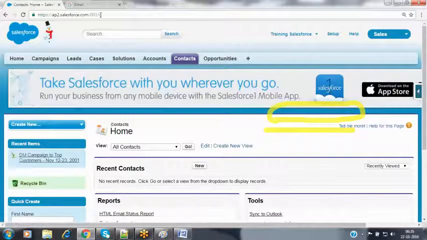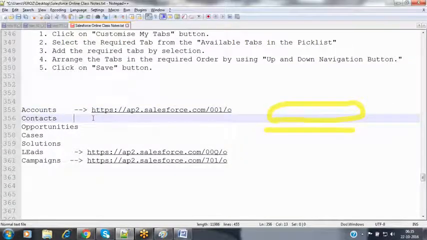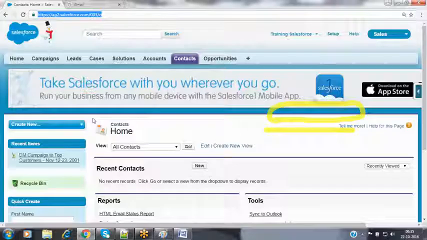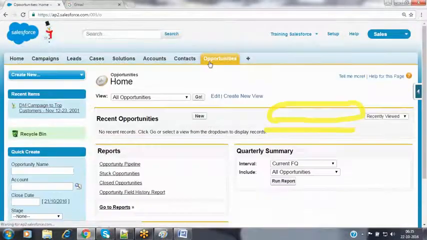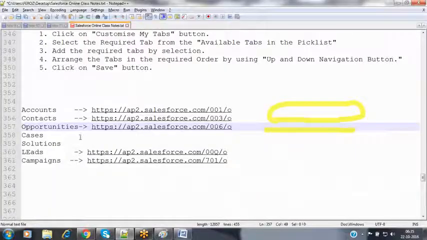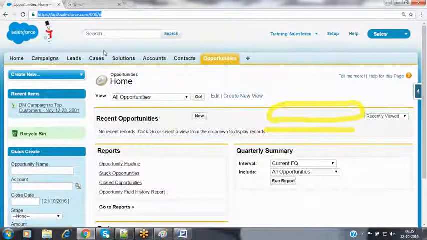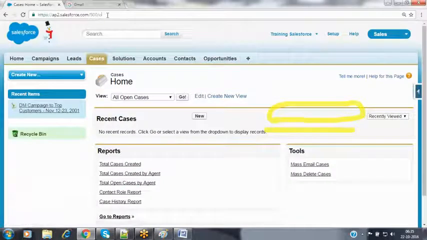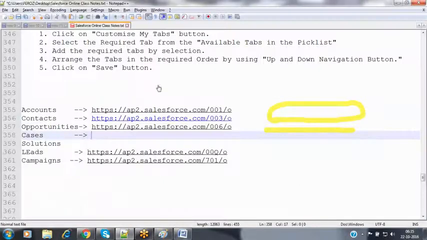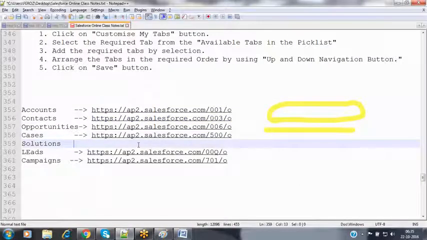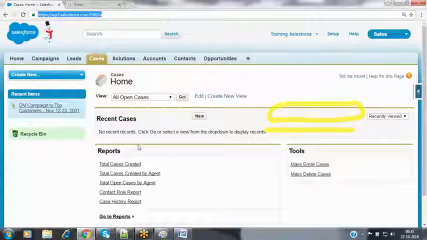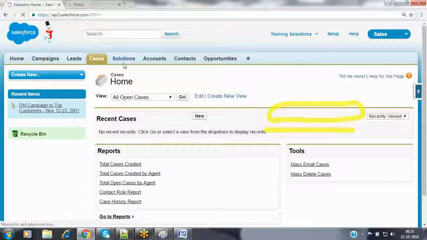When you click on contacts, this is the URL given by Salesforce. When you click on opportunity, what is the URL? Click on that tab, copy that URL, paste that URL. When I click on the cases tab, what is the URL given by Salesforce? I copy that and paste it here. For the solution also, I get the URL and paste it over here.